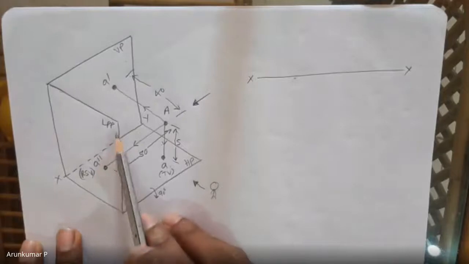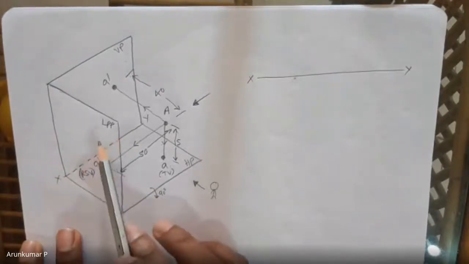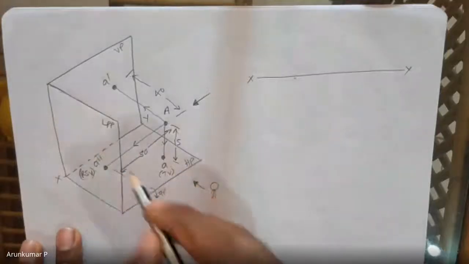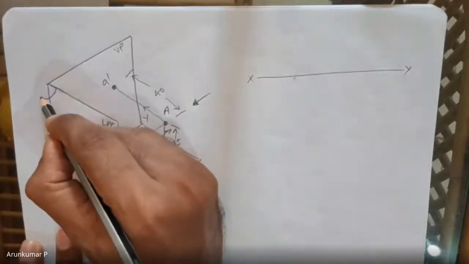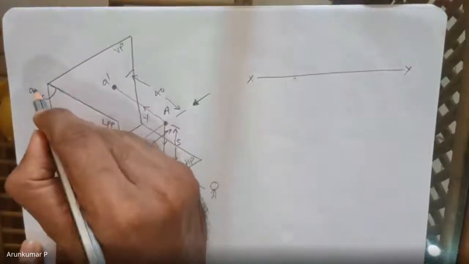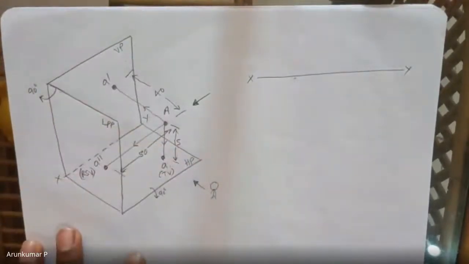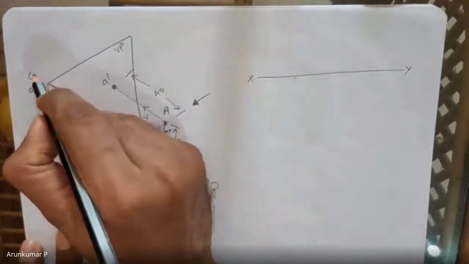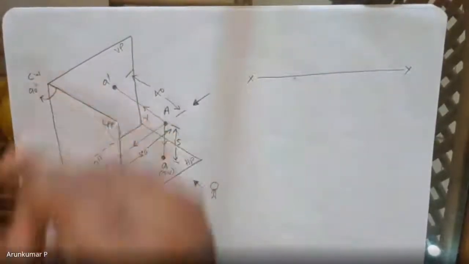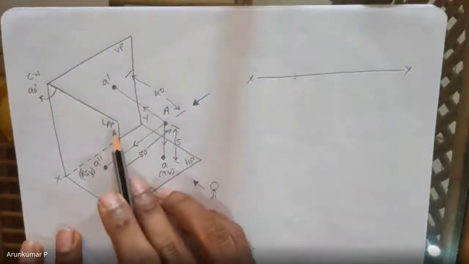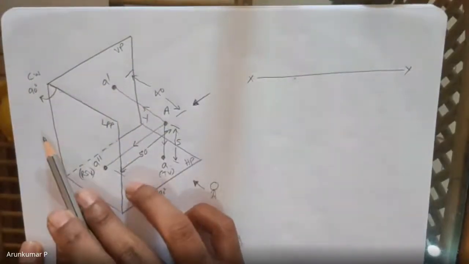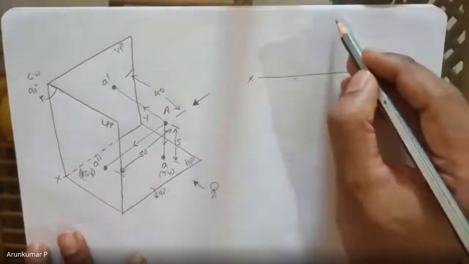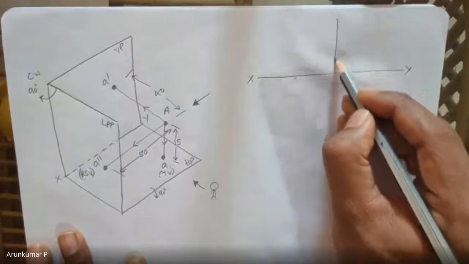Of course, 90 degrees in the clockwise direction. 90 degrees clockwise, exactly. So in the clockwise direction by 90 degrees. So if you rotate LPP in the clockwise direction by 90 degrees, then the left profile plane will rotate and come beside the vertical plane. So this would be the arrangement of planes.